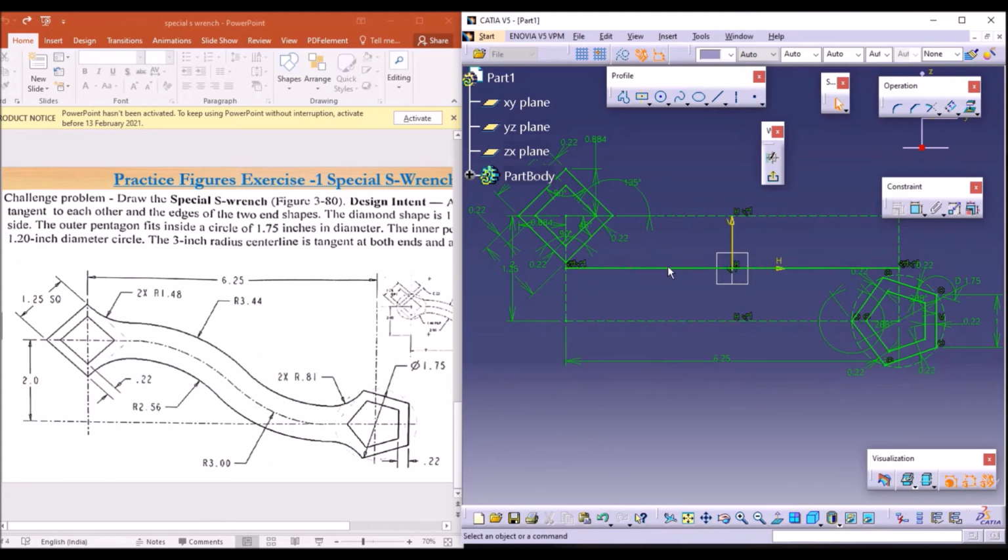Now convert this line into a construction element. Select this line and click on construction standard elements. So that line is converted into an imaginary line. And okay, just untick this construction element option. Now we need to draw the arcs like this with the imaginary line as the radius,